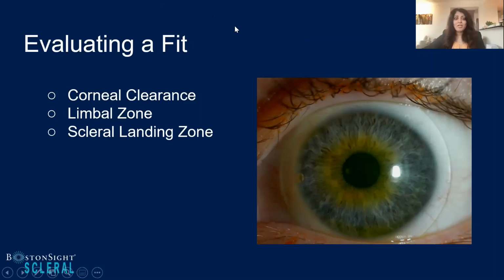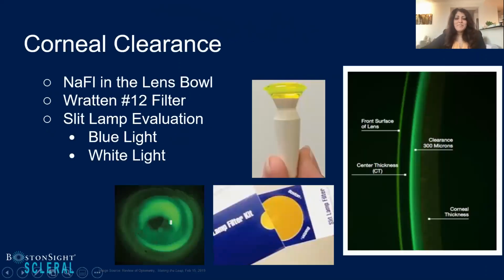It's funny how that philosophy has changed over time, as well as now the independent curves and the way they all work together independently, where you can change one curve, and when you make one change, the whole thing doesn't change. That's really changed the perspective on how we actually fit. Now, if we dive in and start looking at corneal clearance being the first thing that we look at, there are a couple of different ways that you can evaluate corneal clearance.